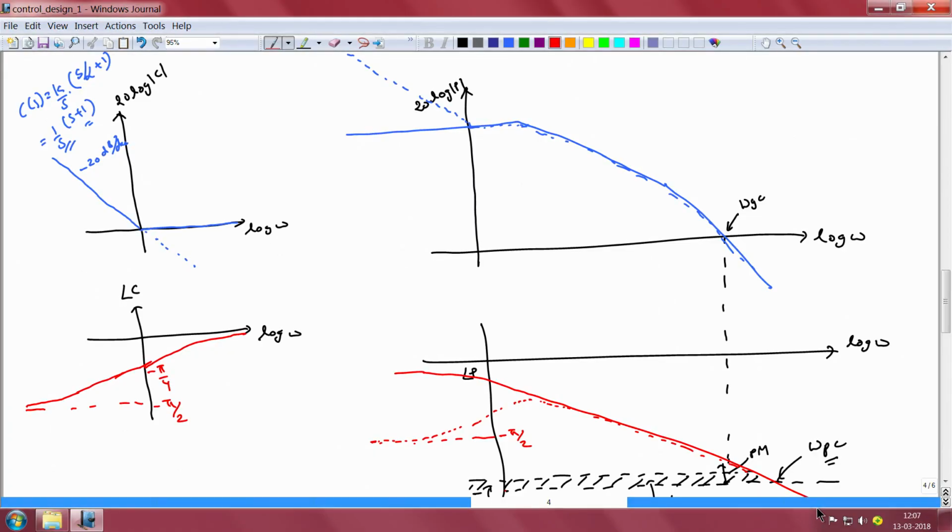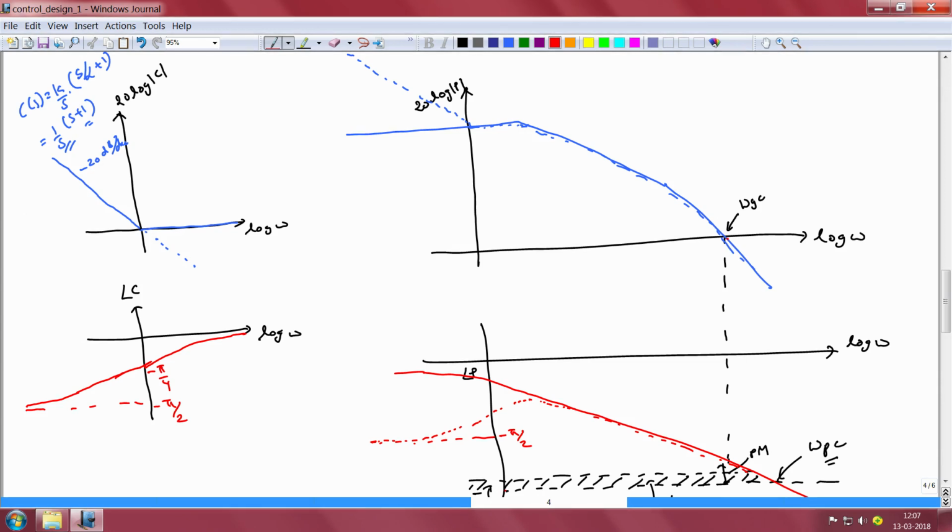But if you come to the mid frequency and the high frequency ranges, once again when we talk of mid frequency and high frequency, it is with reference to the gain crossover frequency of the open loop plant. So, we see that in the mid frequency range, which is the range in which the plant's dynamics start to become prominent, the gain of the overall system simply coincides with the gain of the plant. It is not an attenuated version of the gain of the plant, with the consequence that the gain crossover frequency is exactly what it was for the plant itself.